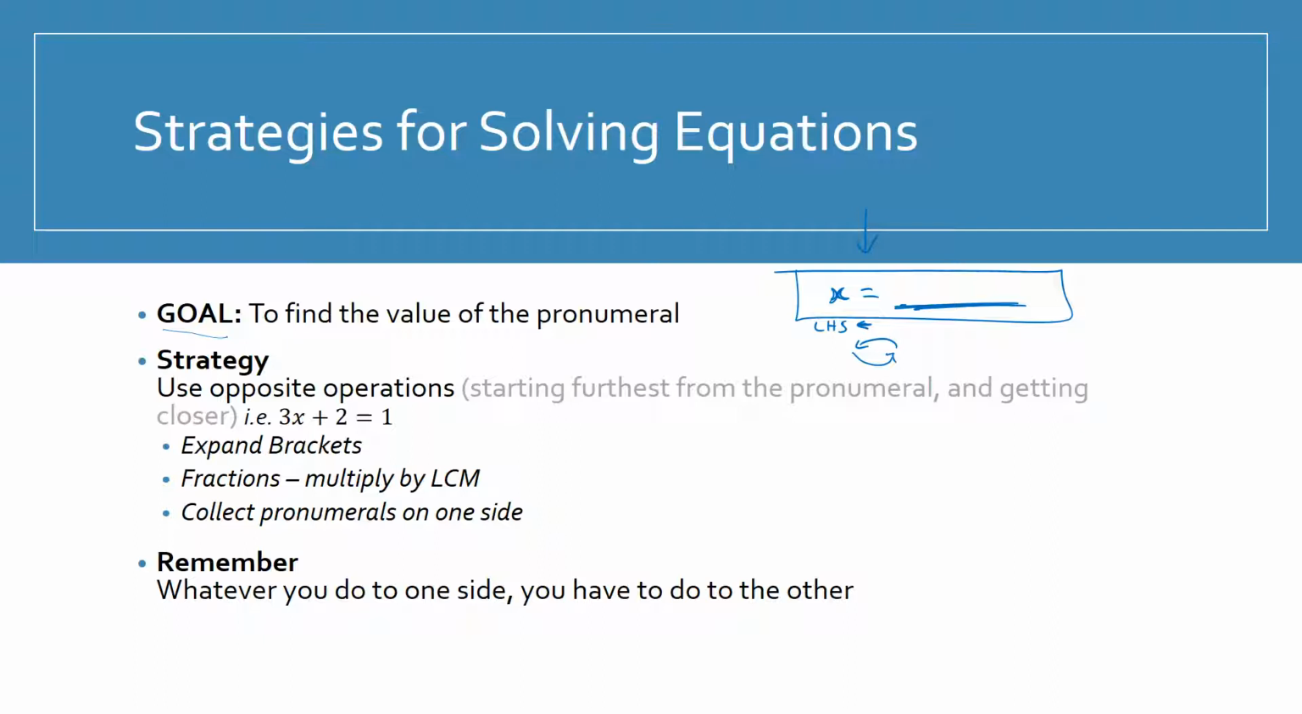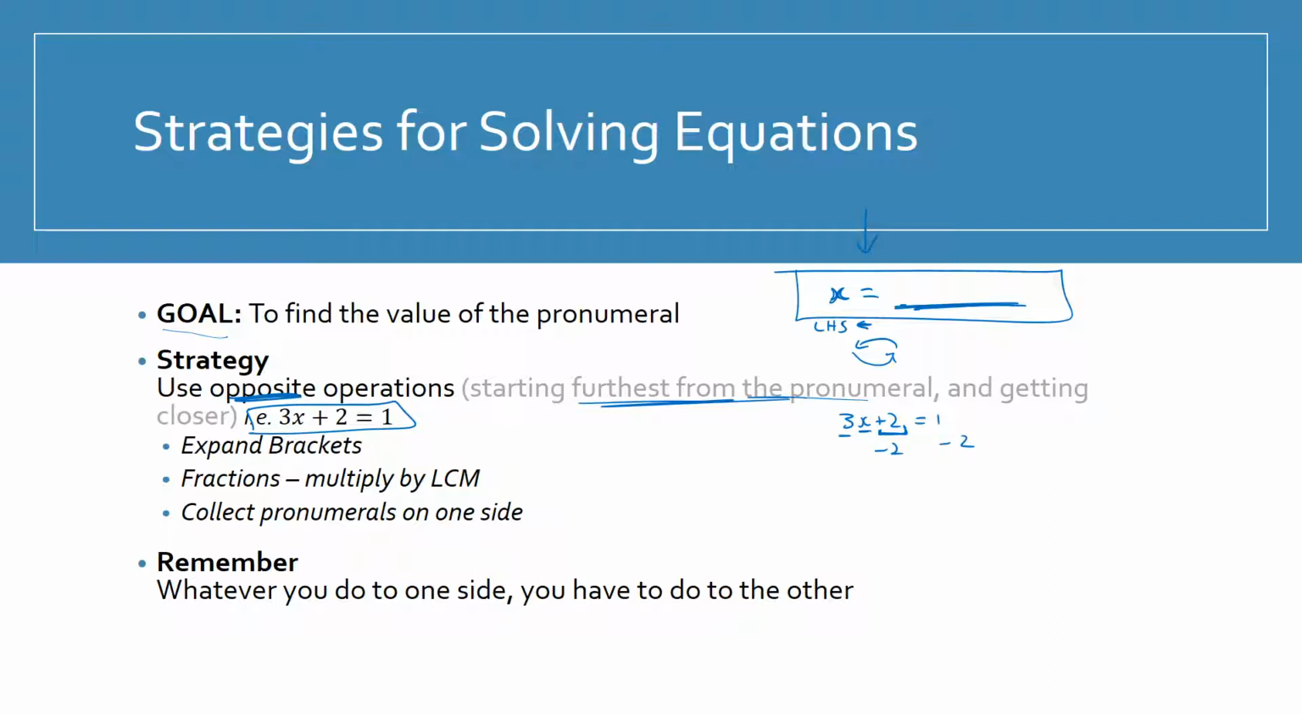Now, when we're solving these types of equations, we're going to be using opposite operations. So say we had this one, 3x plus 2 equals 1. We're using the opposite operations and starting furthest from the pronumeral. So the pronumeral is x, and we have the times 3 and the plus 2. Now, the x is being multiplied by 3 before we add the 2, so the adding of 2 is the furthest thing away. So we want to remove this first, and then we do our opposite operations, which is minus